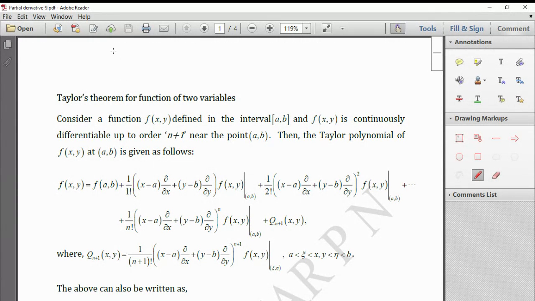Suppose f is a function defined on the closed interval a comma b, and the derivatives of f, f dash, f double dash, etc. exist up to n plus 1 order, then it says the polynomial expansion for f of x is equal to